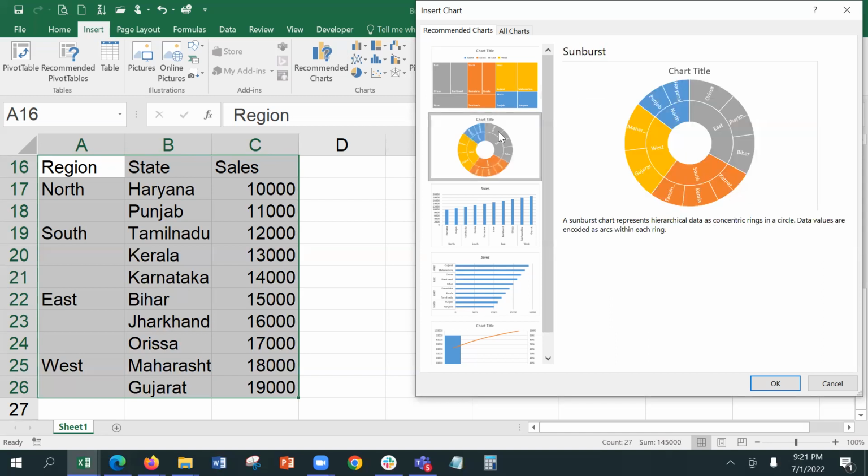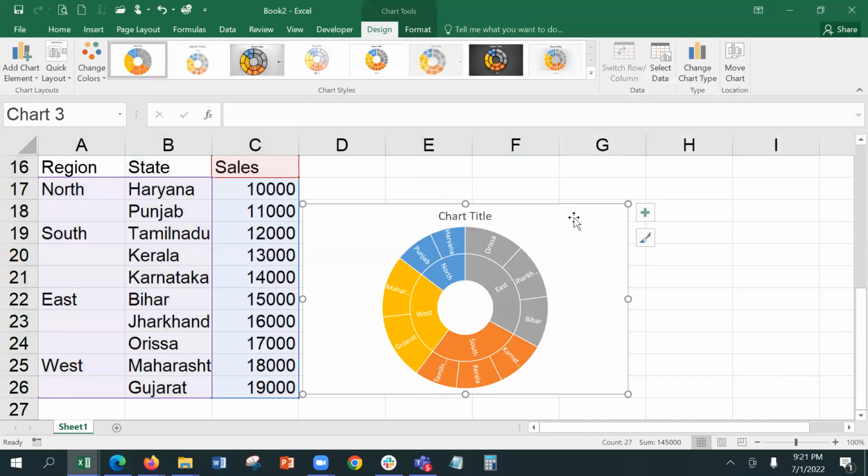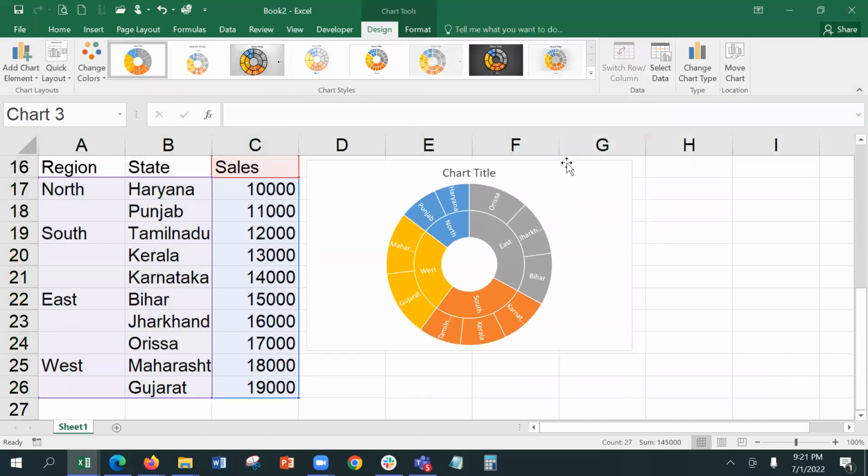If I use a Sunburst, then the chart comes like this, where I have the west, the north, the east, and the south, and